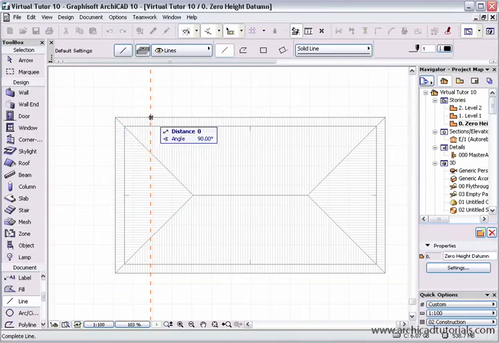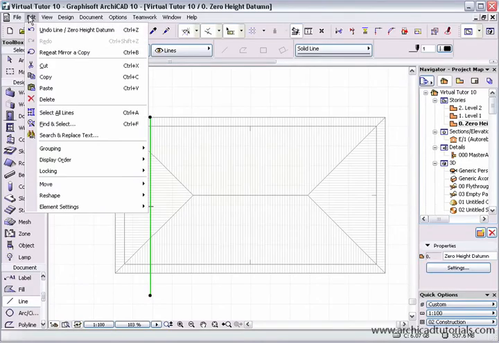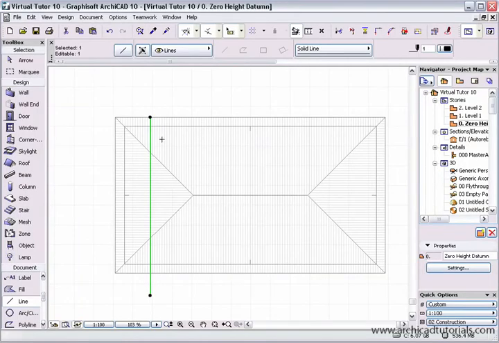So there's my guide, and then I'm going to draw my line, placing it on that guide, just dragging straight through. Then I'm going to select it, and I'm going to mirror a copy of this line to the other side of the roof. Now I can do that by going Edit, Move, drag a copy, or mirror a copy, or I can use Control-Shift-M, but I'm actually going to use just the